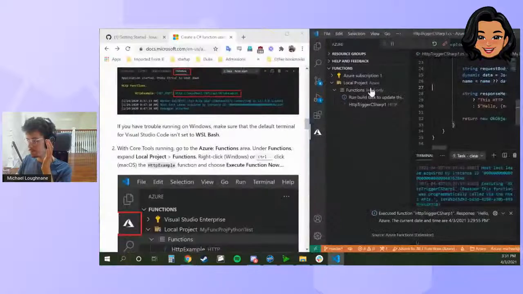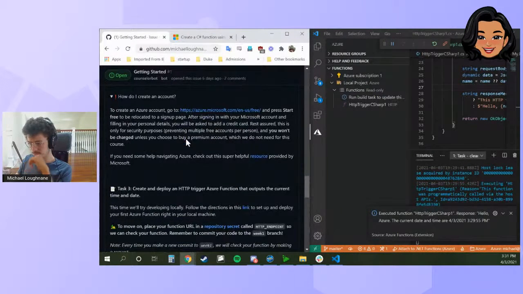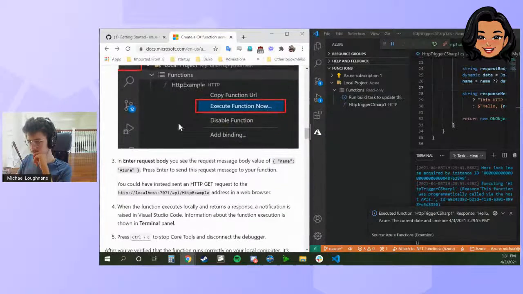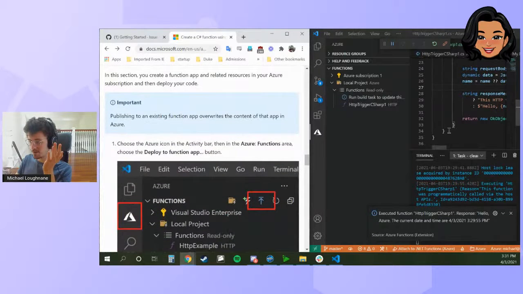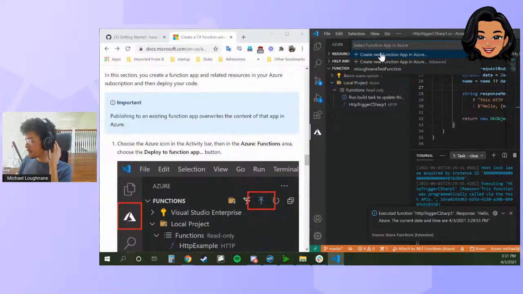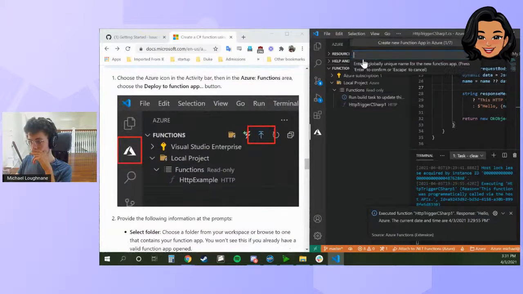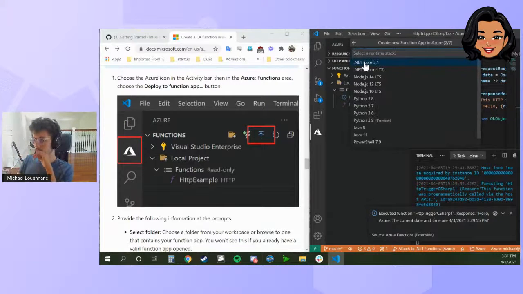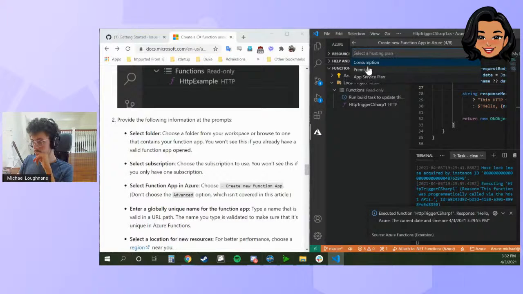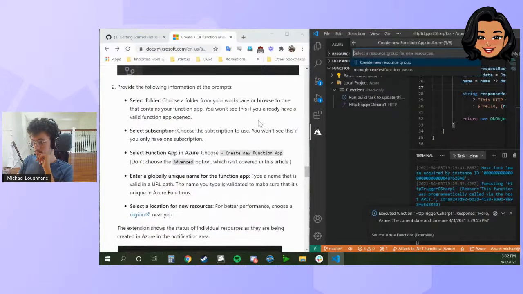Okay. Now we need to figure out how to get all this going. Okay, we need to publish the project again. Create a new function app. .NET Core 3.1. Select an OS. Windows. Consumption, I guess. I don't really know what all these things mean, but